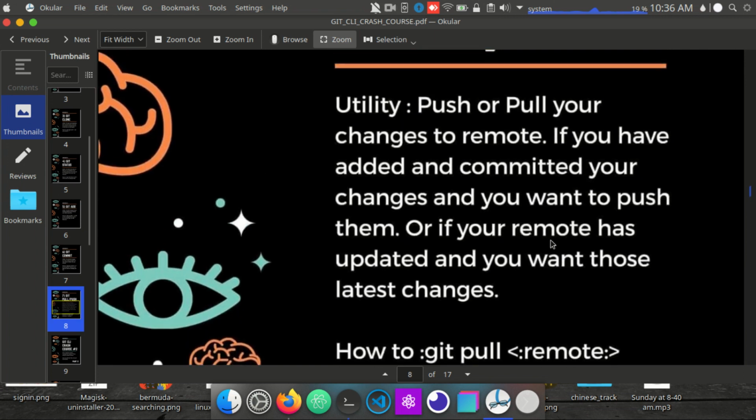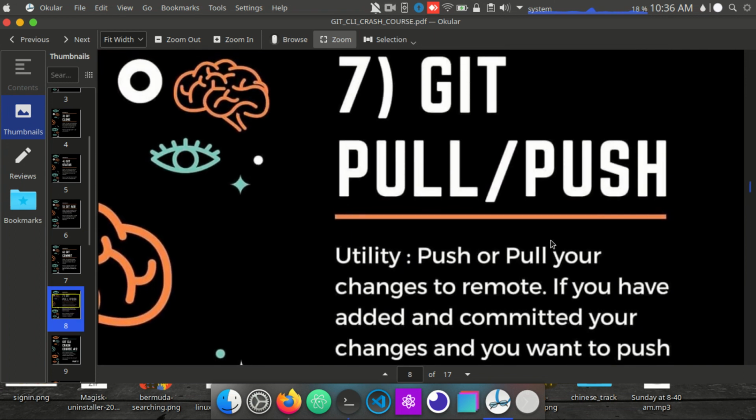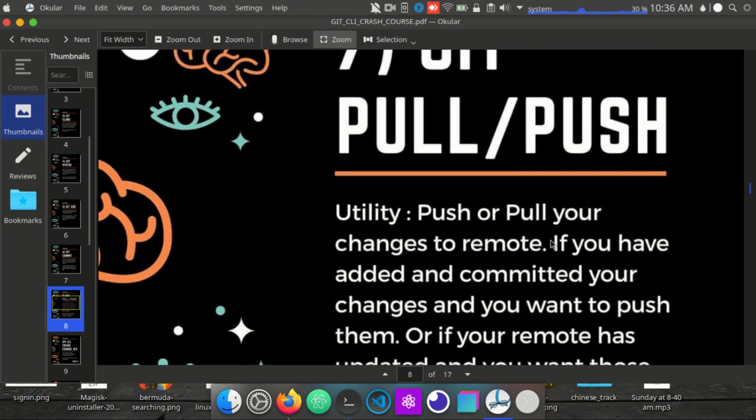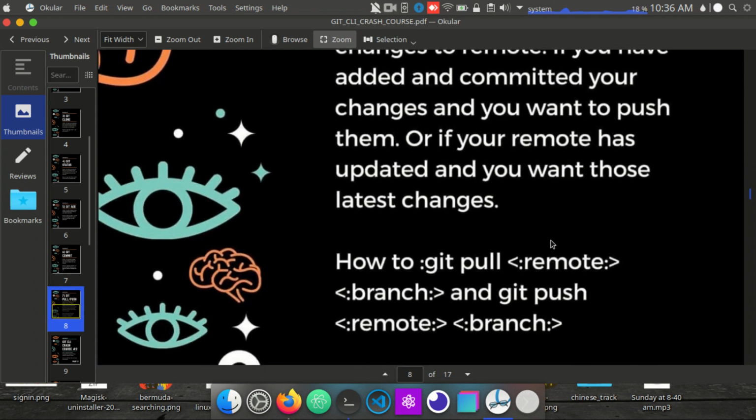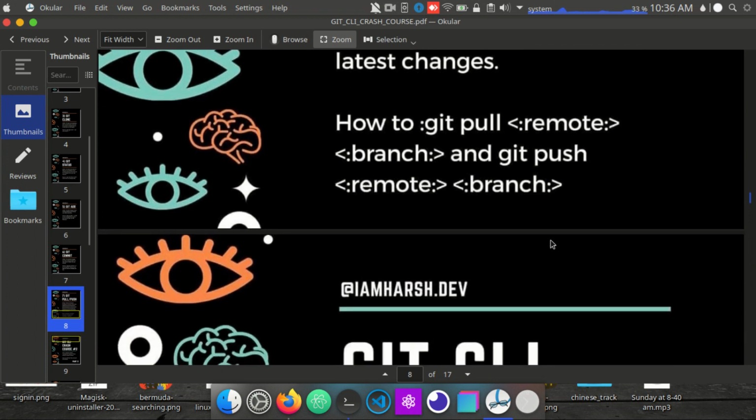The other command is git push. You can push your code from your local machine to the origin, or you can say a remote branch. The syntax is git push space, then the remote name, which can be origin, space, and the branch name, which would be master. If you have a single branch, then it will most probably be named master. Cool.